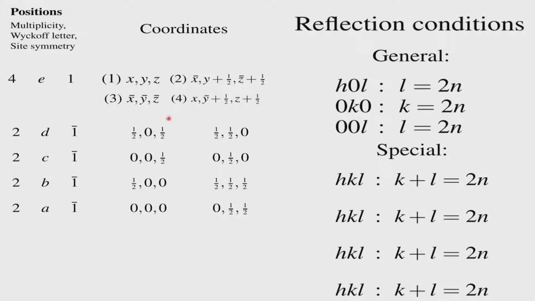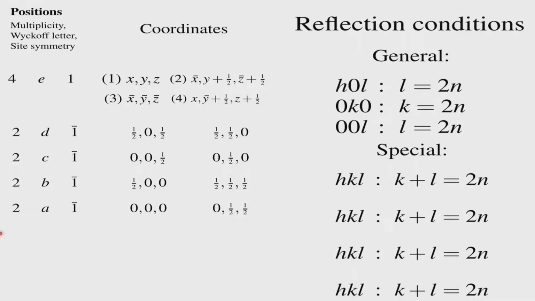See, because what happens here is, if you want to have the 1 bar to be invoked, you see that the value of L here or Z here has to be half or 0. So, the value of Z is always either half or 0. So, the value of Z being half or 0 will decide where these systematic absences should come from. So, here everywhere it is k plus L odd, which has 4 equivalent points.